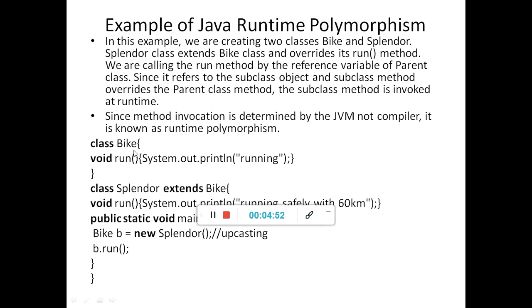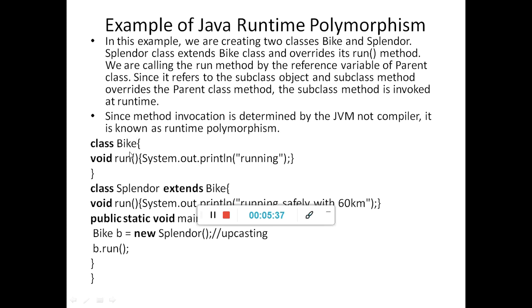You can see class Bike. I have defined one class called Bike. In that, I am defining one method. Here, I cannot call this particular thing a function, right? Method is method in Java. Yes, you may say that what I am defining here is the same as a function of C, but technically it should be called a method. So class Bike is there. In that one, I am going to define one method, that is void run. The process is very simple. This is just for illustration. This void run will print one statement, that is "running".